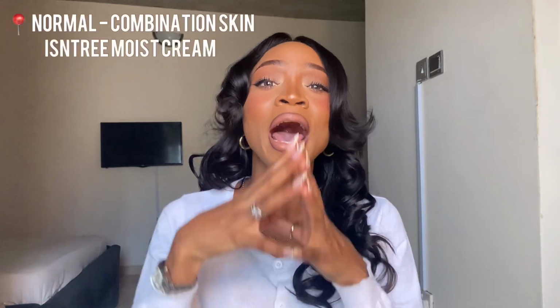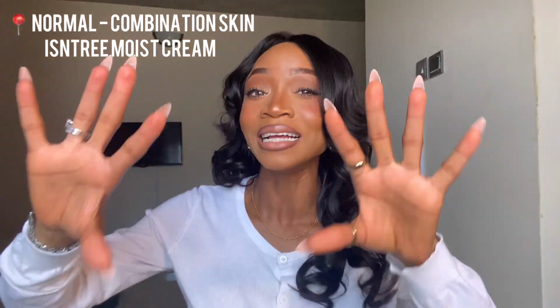Like, I use only a pea-sized amount all over my face, and my skin ends up looking like this all day. I don't have excess sweat coming out from my face. It is not greasy, it is not tacky, it is lightweight, it absorbs easily, and I absolutely love it. If your skin is normal to combination spectrum, you might want to look at getting the Isntree Hyaluronic Acid Moist Cream as a daily face